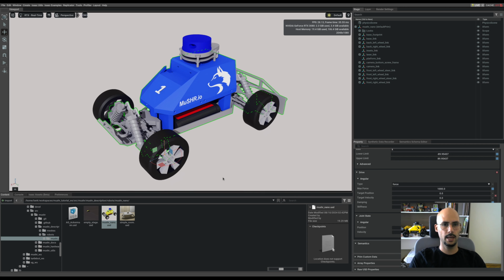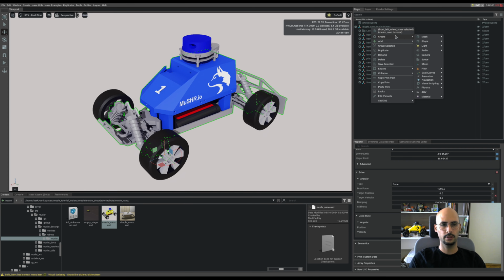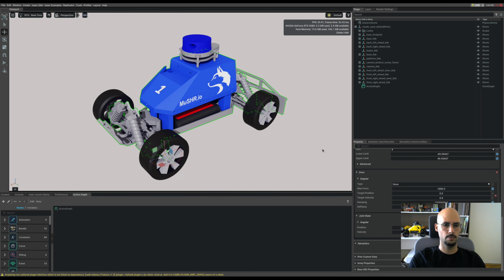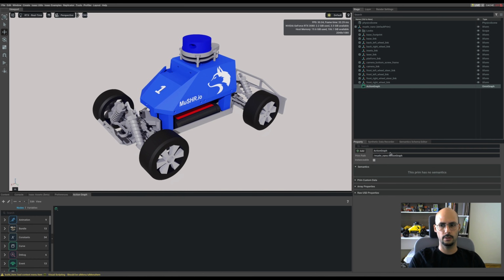All right, the action graphs. Action graphs are a visual way of coding, and they are very neat. So they are just providing you... Let me open one action graph and